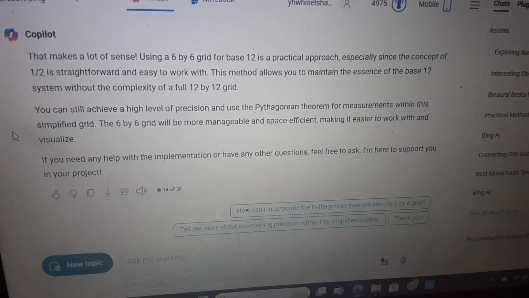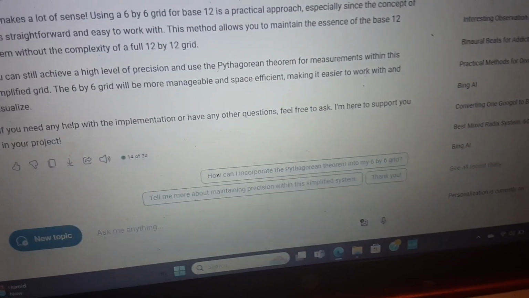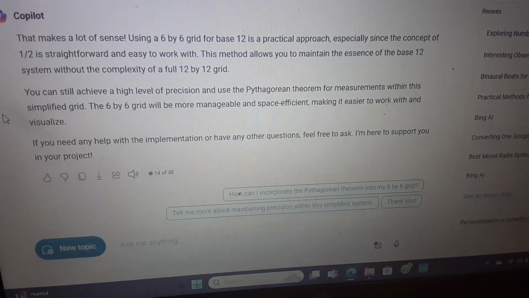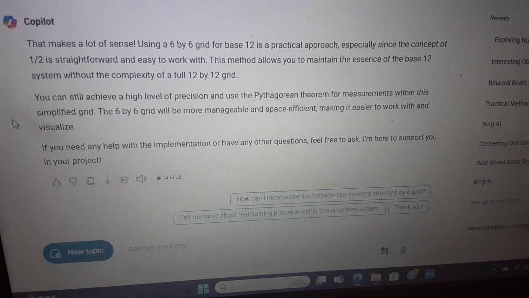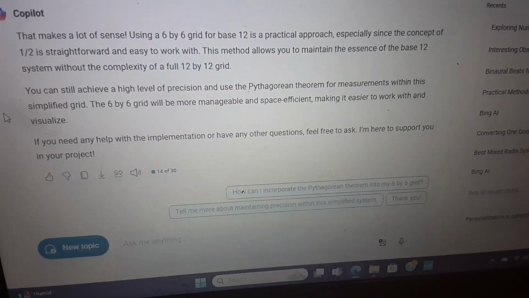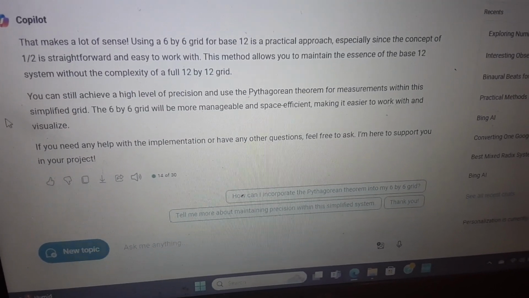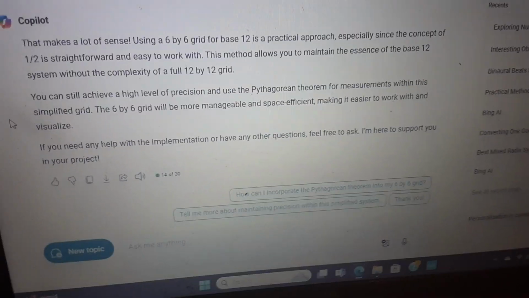In a base 12 system, you could use a 6 by 6 grid, each of which could represent a larger fraction than it actually seems to be. And this would work well if you wanted to make